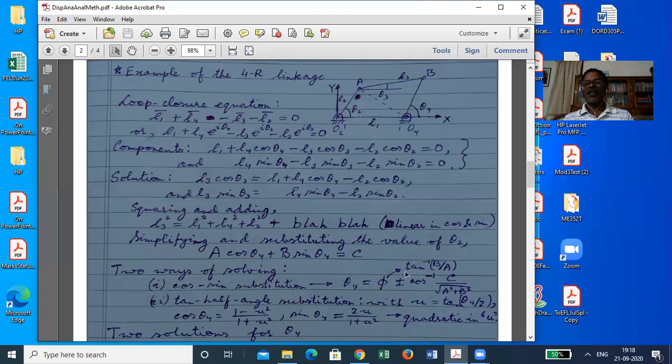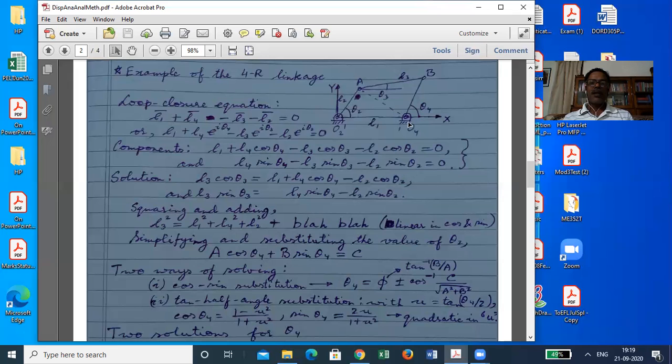From here also you were getting two solutions for theta 4. And from here you will get two solutions for u. And for each of the solution of u, you get only one solution for theta 4, because you will get theta 4 by 2 in plus minus 90-degree range, and then you would anyway double to get theta 4. So only one value of theta 4 for every value of u. So two values of theta 4 you would get. Both are correct.